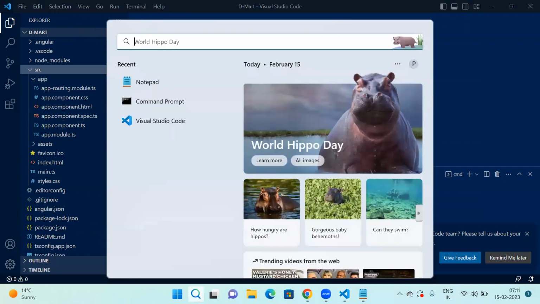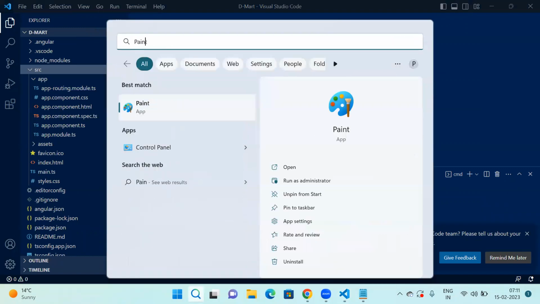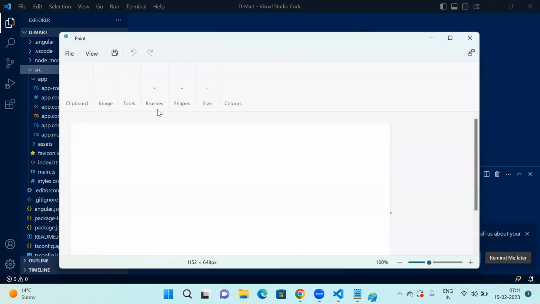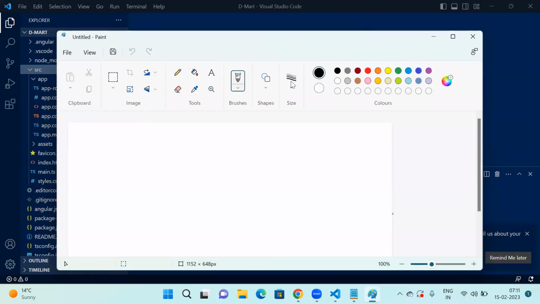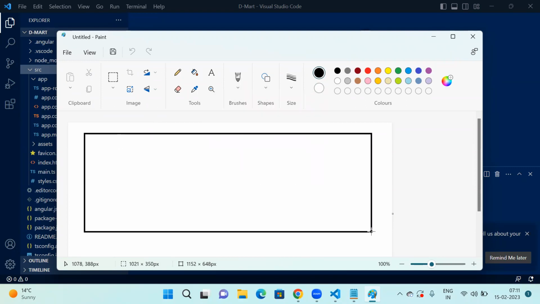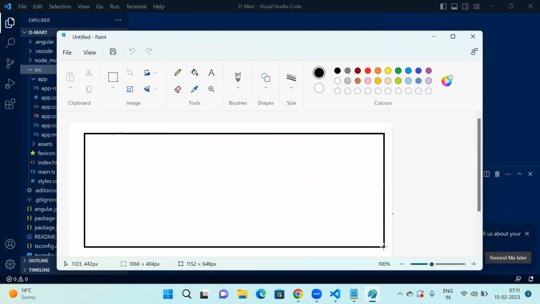So it will going to have, suppose this is your root component,